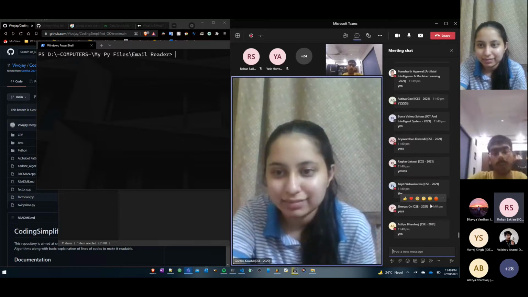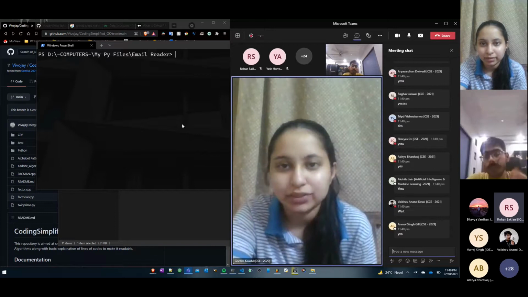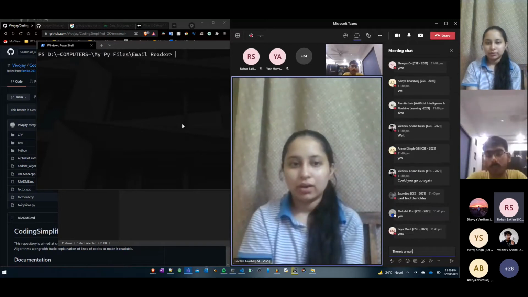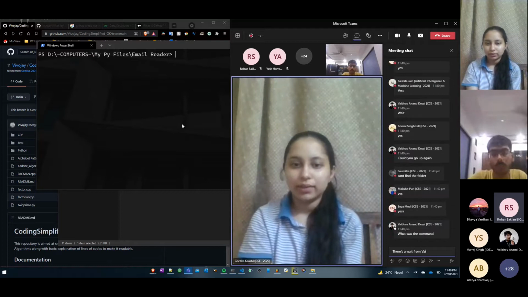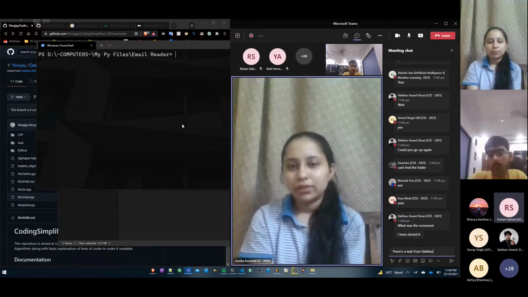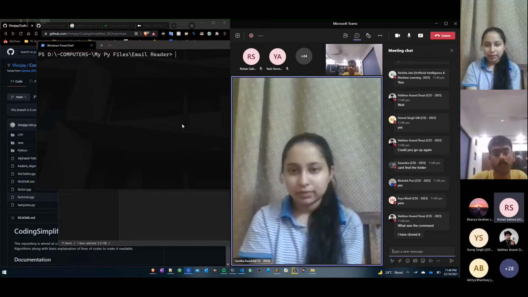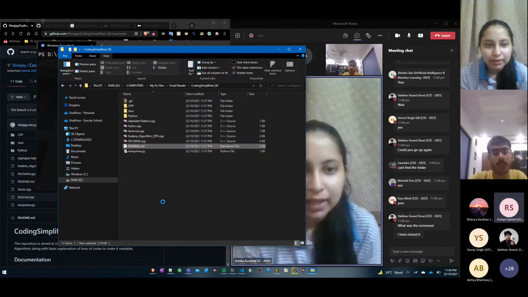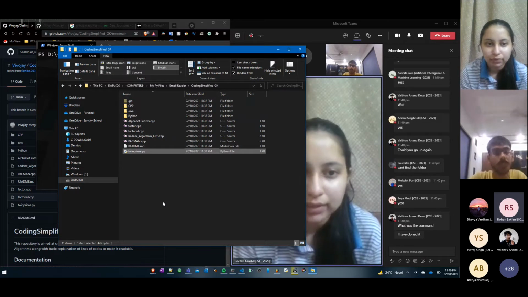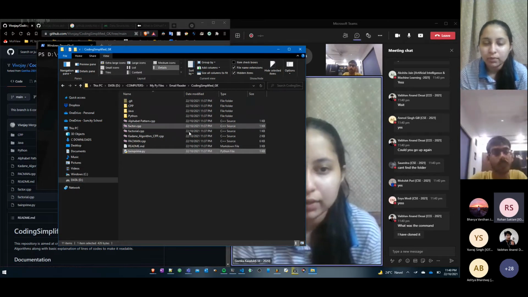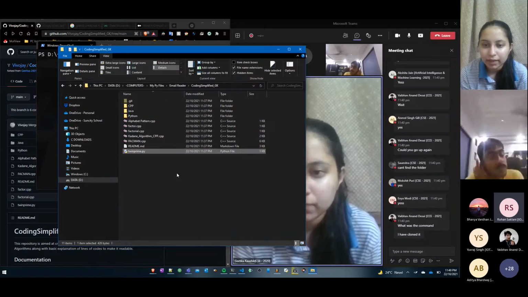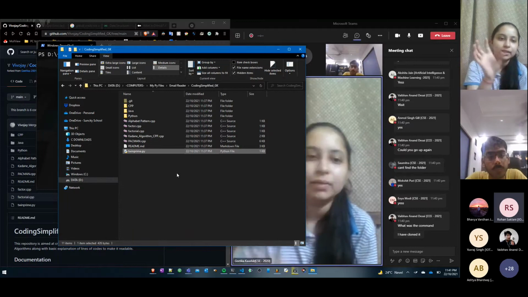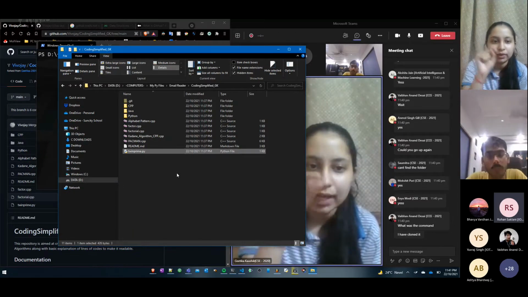Great. So now I'm guessing that all of you have cloned it in your system. You are now able to search for that file and you will now get it in your own system. After you have searched it, open the folder, Vivan, open that folder which you have just downloaded, coding simplified underscore GK. Now it contains a CPP folder, Java folder, Python folder, and whatever file you were working on, the program file which I had asked you, copy that file and paste it in the respective language folder over here.